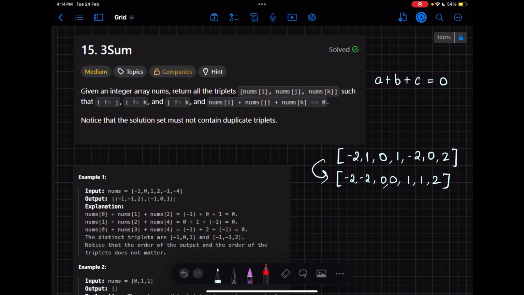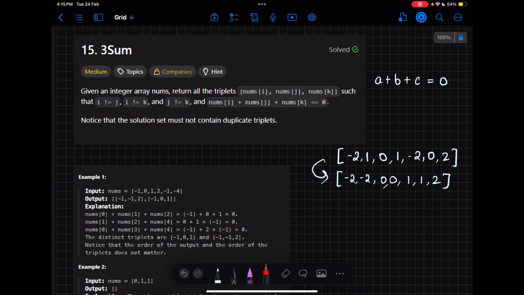Now, this brute force approach of first setting a takes a time complexity of O of n cube as it has three nested loops: first setting a, then for b and c we would have to set b, search through c from the rest of the array, increment b for the same a, search through the rest of the array, and keep on going like this. And O of n cube time complexity is really bad for an algorithm. So to improve the time complexity, we would be using an approach which we had used during the two-sum problem,